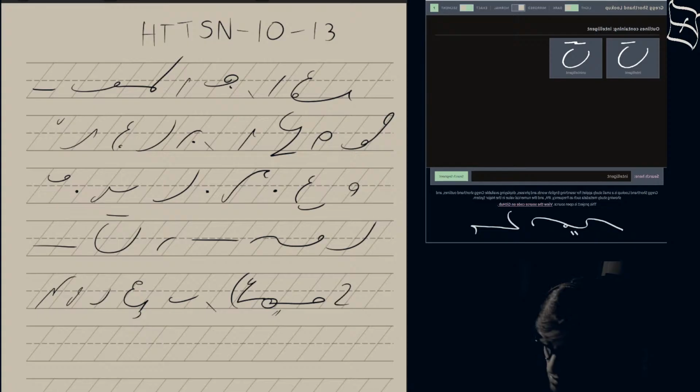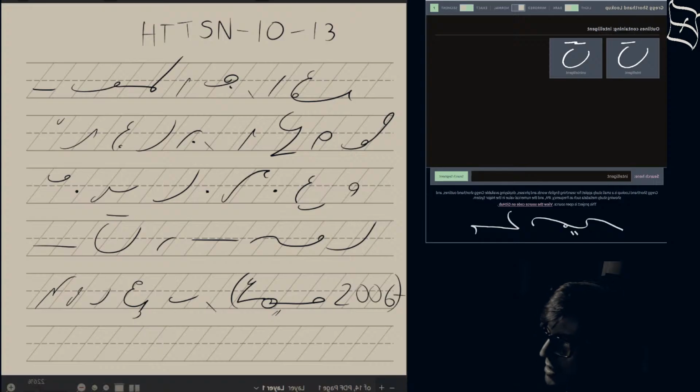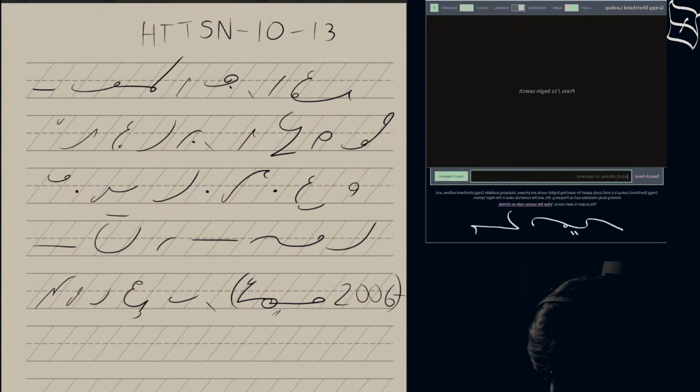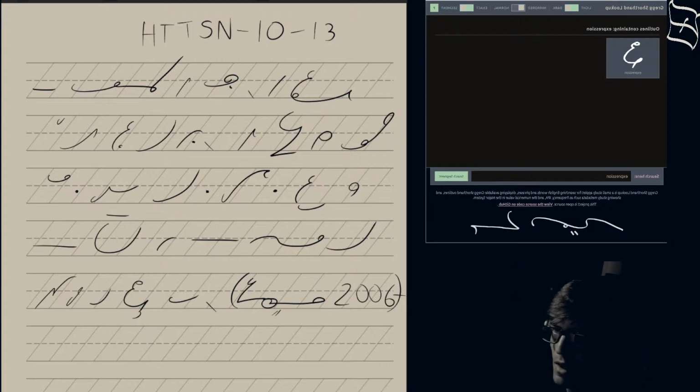Okay, so 2006. Okay, and that was Oppenheimer. Now I need to check expressions. So let's go ahead and do expression, like so, and that was correct, except we need the E. We need the E stroke. So we go EXESH, EXPRESH, and then expressions.